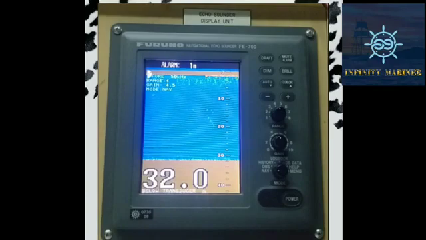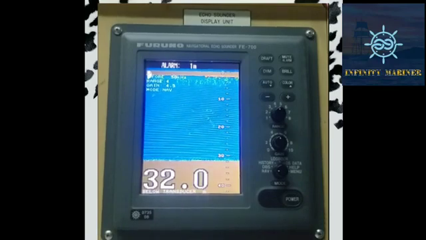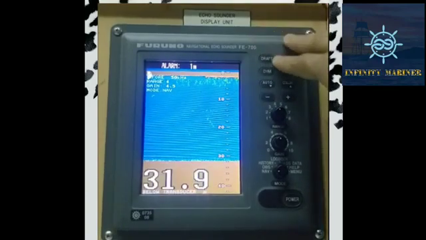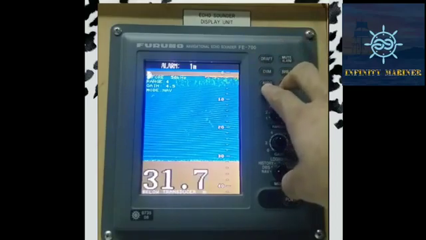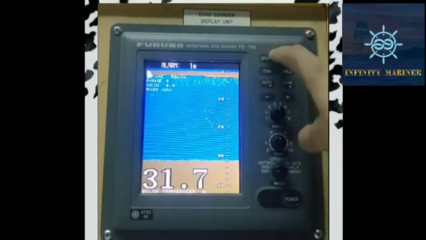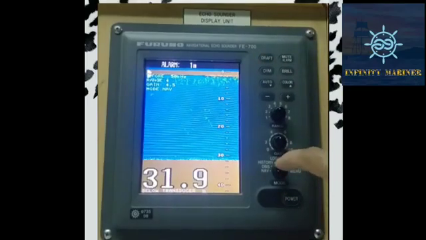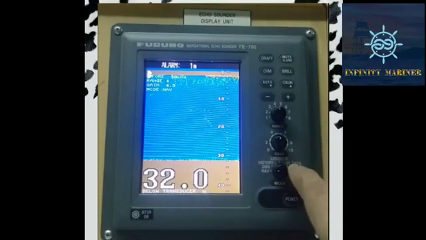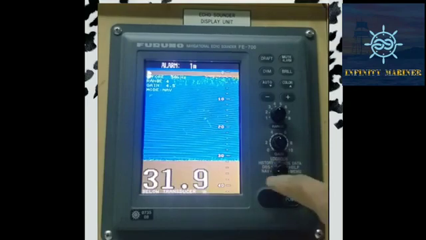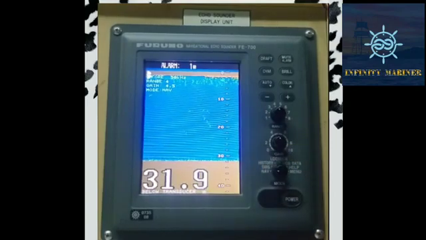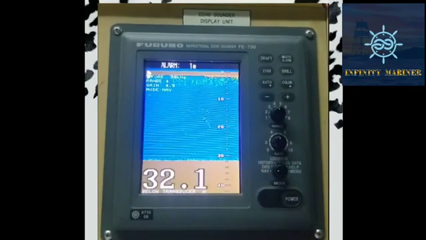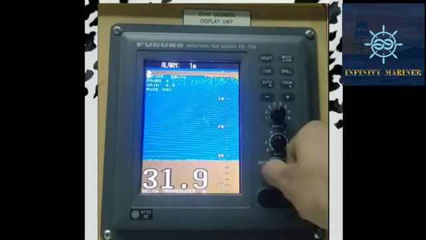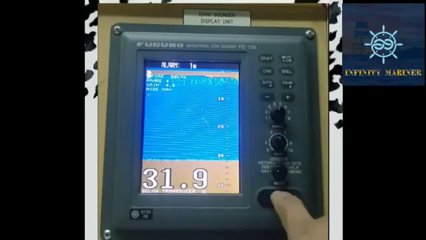So today we are going to discuss some of the operations of the Echo Sounder, like all these keys, what these keys are used for, and some of the mode options like nav, DBS, history, logbook, OS data, help, and menu. First of all, we will start with the nav mode options.